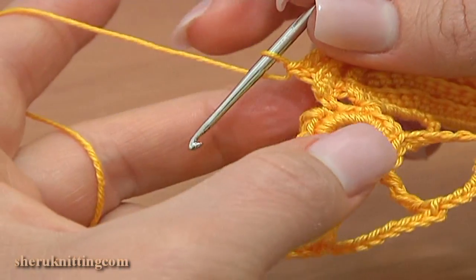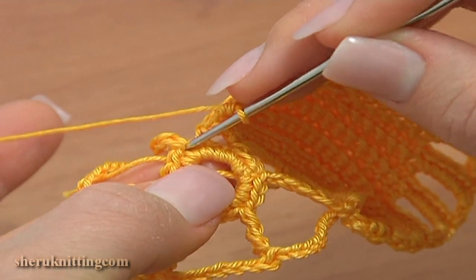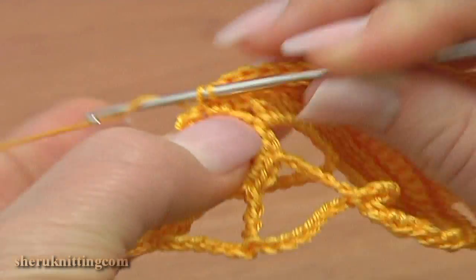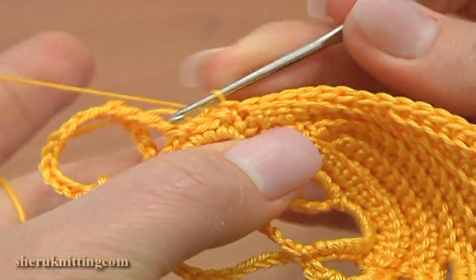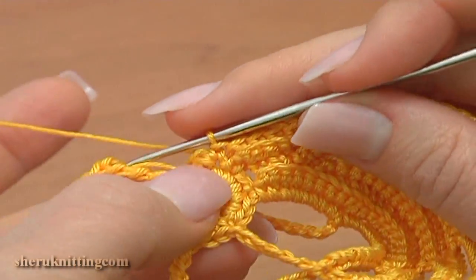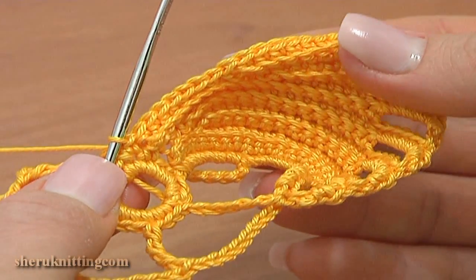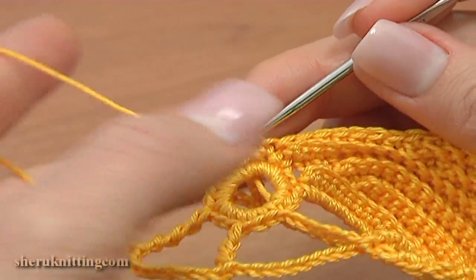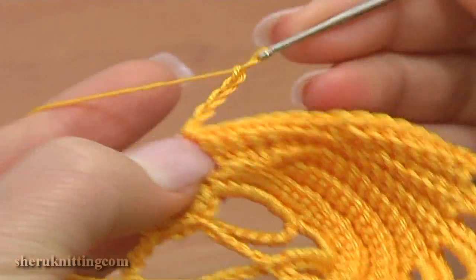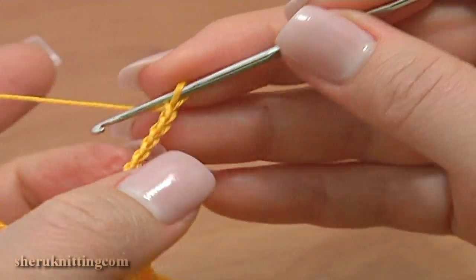To complete the petal, single crochet through the single stitch in round 1 that the next double treble is coming out of. The first petal is almost ready. Now in the center next to the petal I'm going to make a spiral. For the spiral, chain 10, 1 2 3 4 5 6 7 8 9 10, chain 3 more,